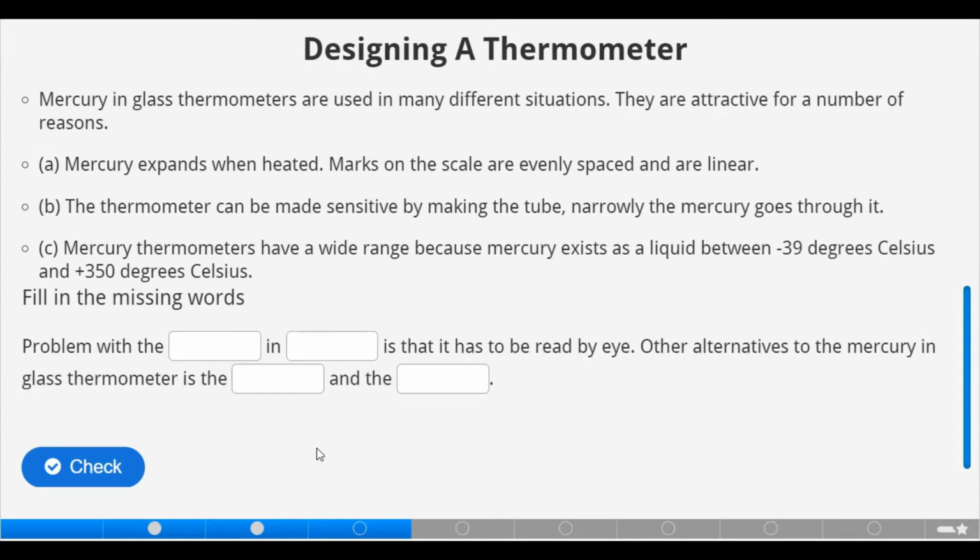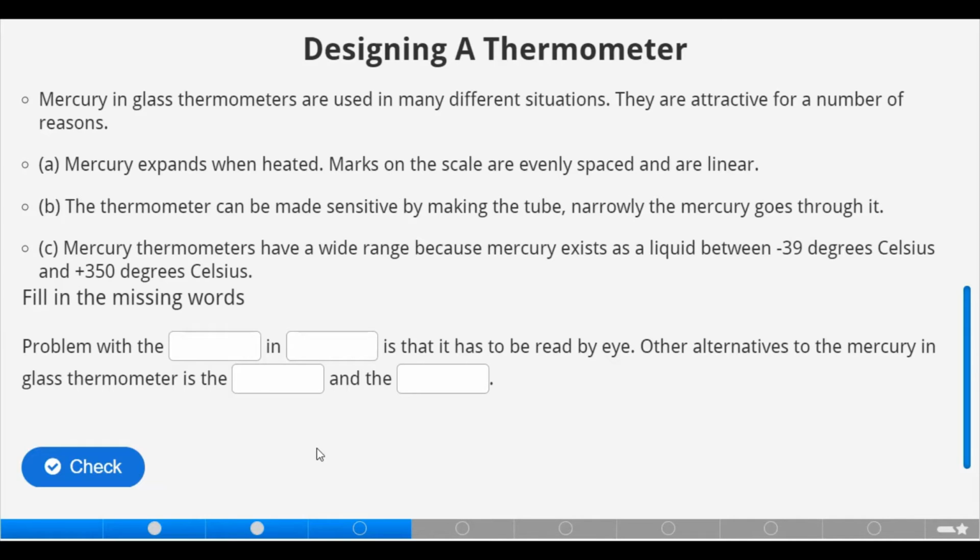So how do we design a thermometer? Mercury in glass thermometers are used in many different situations. They are attractive for a number of reasons. A. Mercury expands when heated. Marks on the scale are evenly spaced and are linear. B. The thermometer can be made sensitive by making the tube narrow for the mercury to go through it. C. Mercury thermometers have a wide range because mercury exists as a liquid between -39 degrees Celsius and